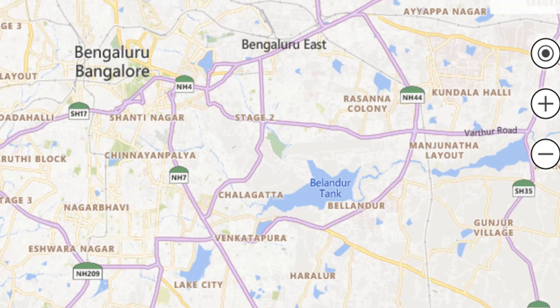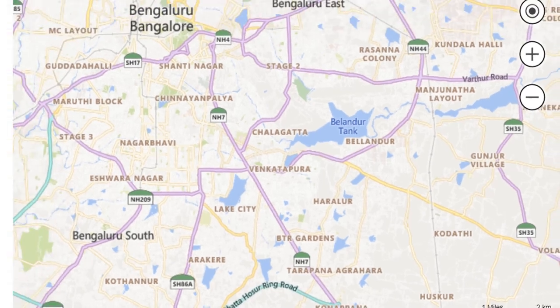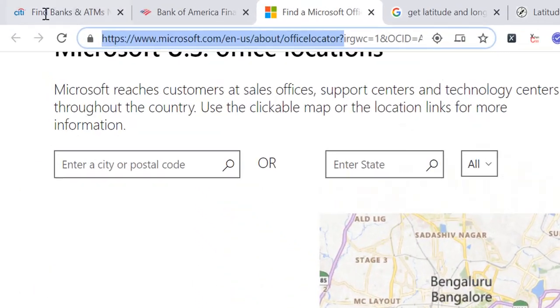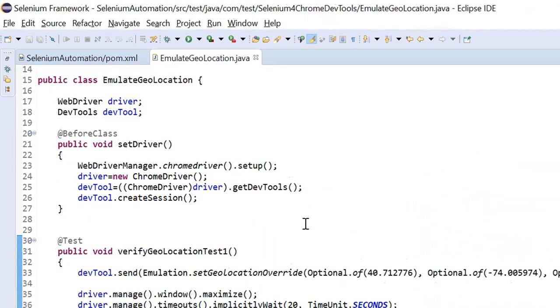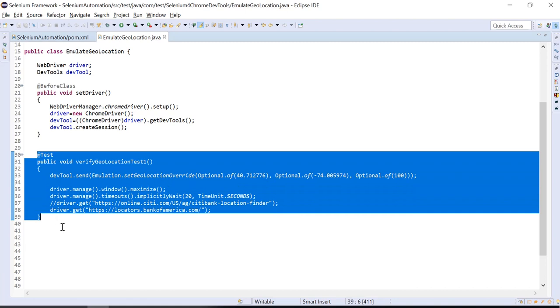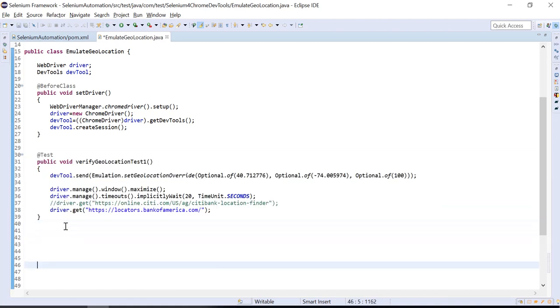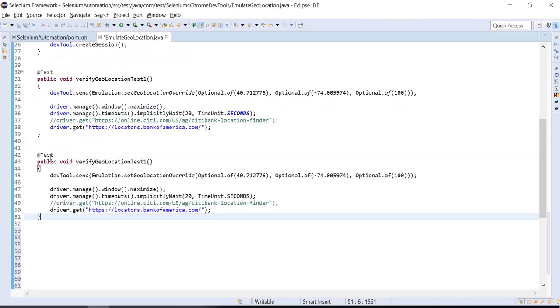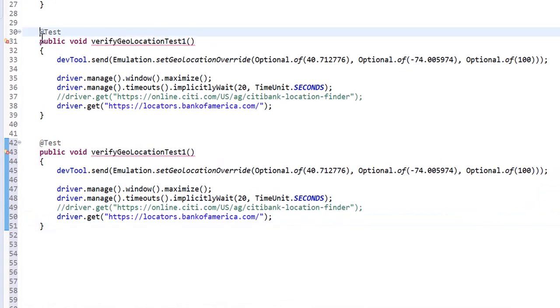Now let me automate this scenario. Let me take this URL. To demonstrate, let me create one separate test case. Let me copy paste. Let me comment the first test. Now I will change this to test 2. Everything would be the same.